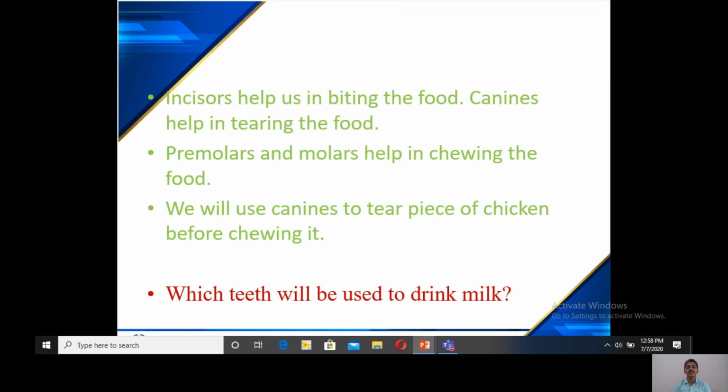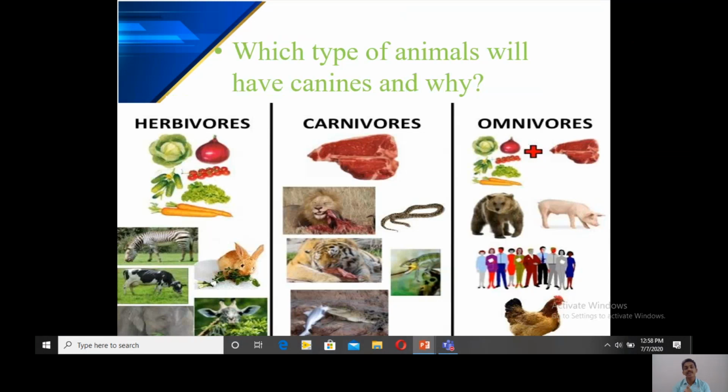Now you can see one picture: herbivorous, carnivorous, omnivorous. Which type of animals will have canines, and why? Will herbivores have them, or carnivores, or omnivores?